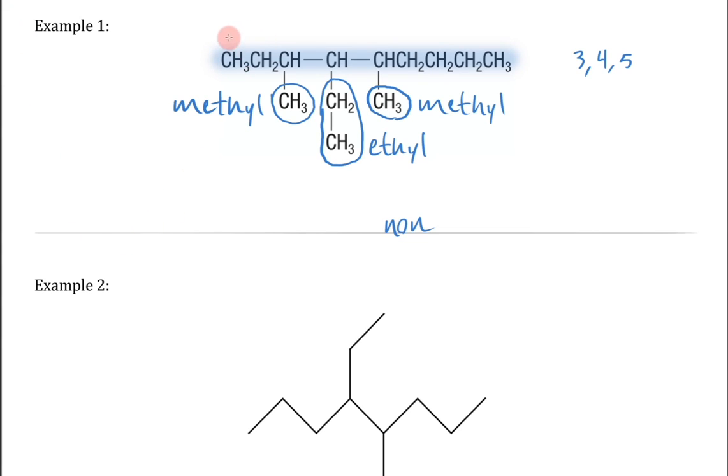Okay, and I'll just write in our correct numbers again. So we have 1, 2, 3, 4, 5, 6, 7, 8, 9. All right. So now that we've numbered our carbon atoms in the main chain, we can specify where our side